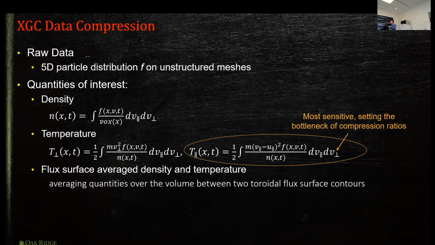And there are other things like flux surface averaged quantities, and I don't want to get into this. If you want to ask, I can answer it. But you have average quantities over some contours. And the quantities of interest are all these moments, because that's going to give you all the physics. So now we have to pay attention to quantities of interest.